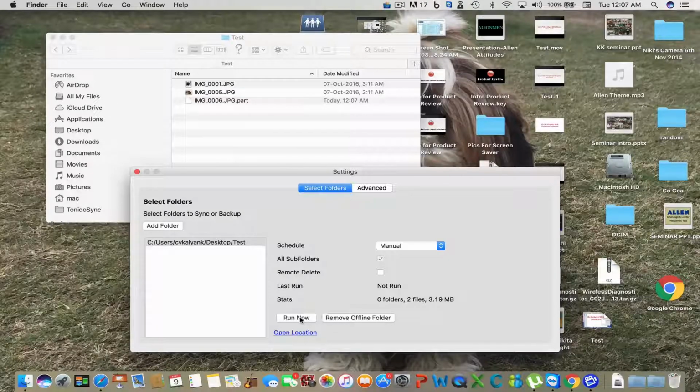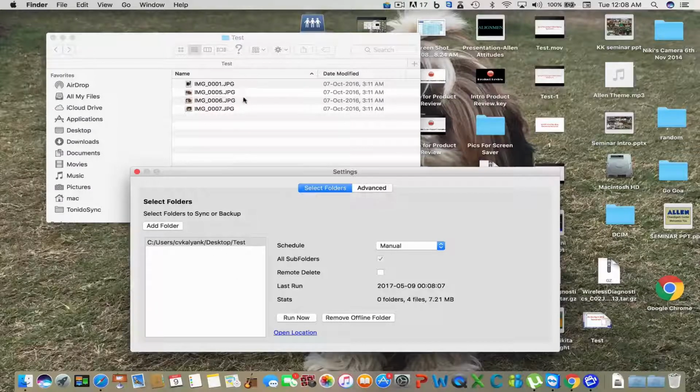And remember, this sync happens through the internet. So you need internet connectivity in both. 6 has come, 7 is coming, and that should pretty soon end. So both need an internet connection, and it will only happen when both are connected to the internet. Of course, they need not be in the same network. They can be in different networks. One computer can be at your home, and one can be in your office.